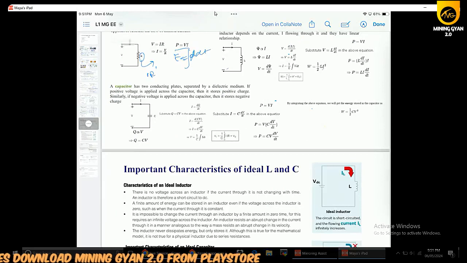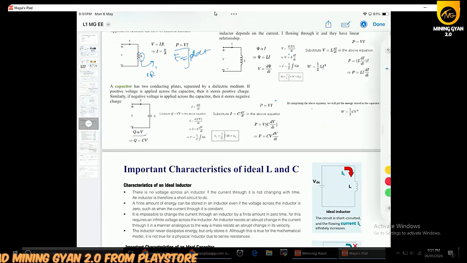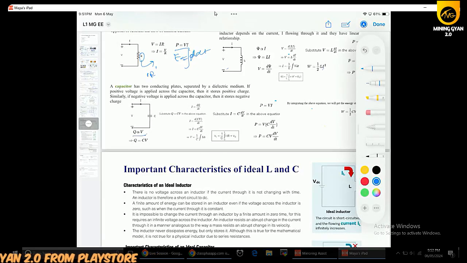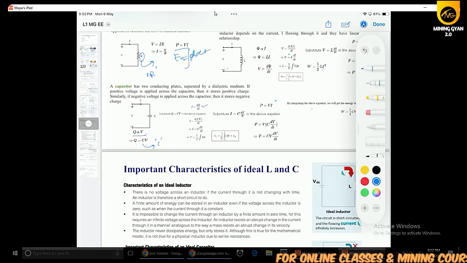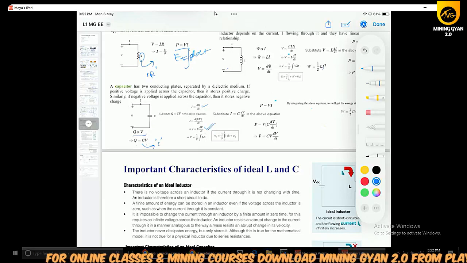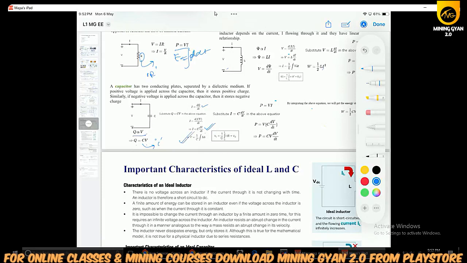Similarly, in the case of a capacitor, you can write Q directly proportional to V. What is Q? That is the charge across the capacitor. The stored charge is calculated as Q equals CV, where C is the capacitance of the capacitor. After that, you can calculate the current flowing across the capacitor, which is the rate of change of charge. Putting the value of Q in this equation, you get the current flowing through the capacitor as C dV by dt, and hence you can calculate the voltage across the capacitor as 1 by C integration of I dt.